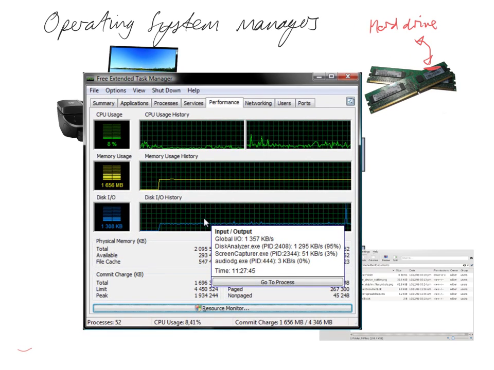And here's a task manager in a Windows machine, and we can see the memory usage. In this particular case, we can see how much RAM is being used, about 1.6 gig at the moment, and there's a bit more empty RAM that could be used if the computer needed it to be.